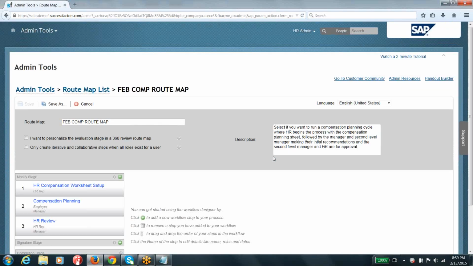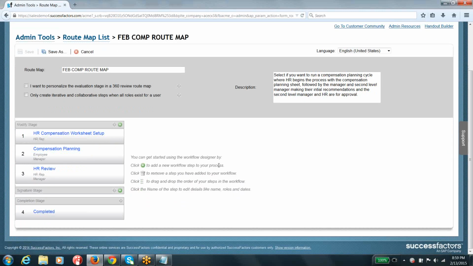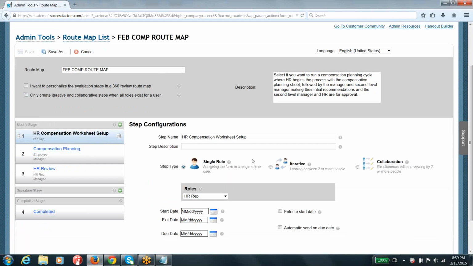Which means that from the standard SuccessFactors library, you are adding to your organization instance. You can see here everything has been populated by default, because this is coming from your standard library. Click on that, and everything has been populated. These dates, yes, you have to provide them, because the standard SuccessFactors library doesn't know your dates and your requirements. You have to go ahead and populate the start date, exit date, due date, all those things, guys.